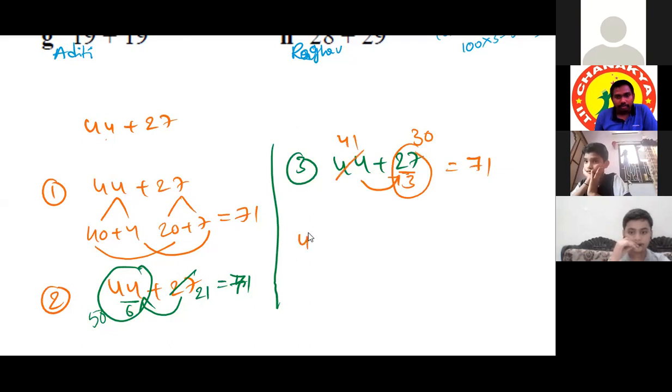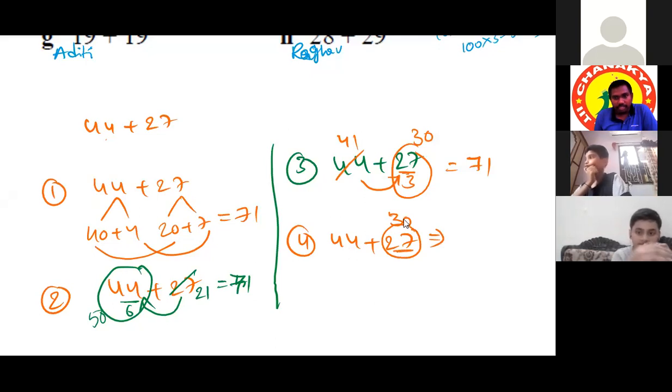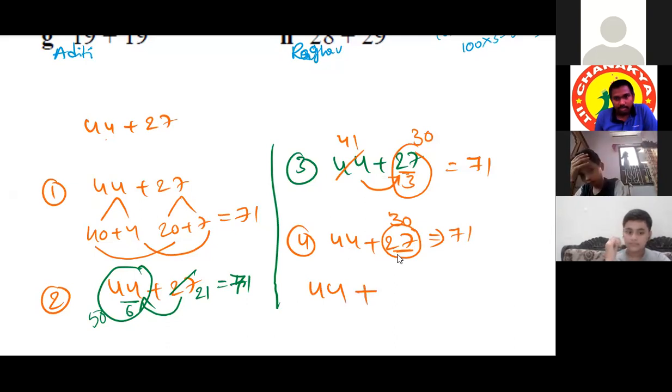One more way is this one, Sankalana Vyavakalanabhyam. This is 44 plus 27. Here, instead of adding 27, I'll add 30 directly because that will be easy. 44 and 30 is 74. So we have added 3 extra; 74 again we will subtract 3. So it is nothing but 44 plus, in place of 27, I am writing 30 minus 3. Both are correct or not?